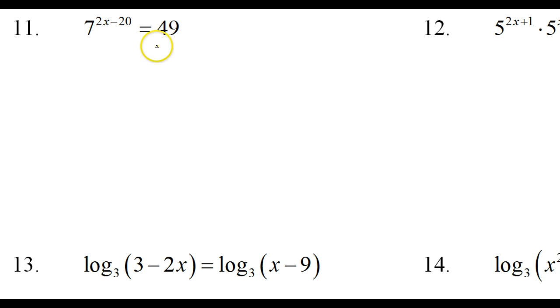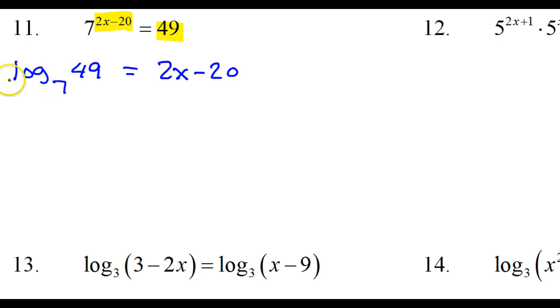Logs equal exponents. So whenever my variable is in the exponent, logarithms are my best friend. If I rewrote this in log form, it would look like this. Log base 7, there's my base. The rest of it will change sides of the equation. So I would have 49 over here, and I would have 2x minus 20 over there. Now, a log is the exponent that changes this number into that number. So 7 squared is 49, so this will become 2. So I have 2 equals